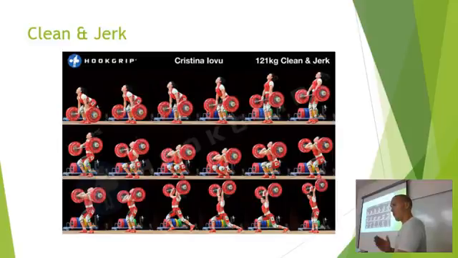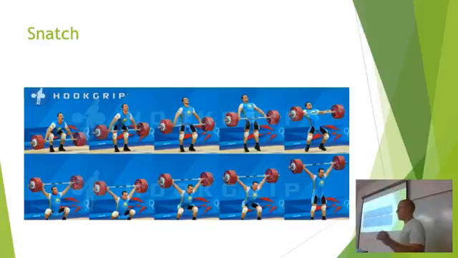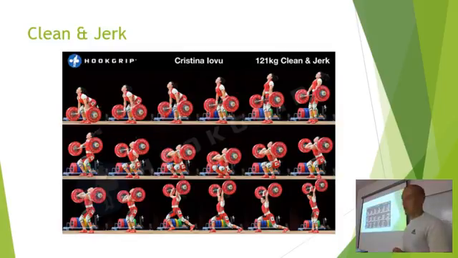The weight starts on the floor, just like the snatch. You can't really tell it here, but her hands are actually significantly closer. And the weight's going to start at the floor and move up the leg toward the thigh. It doesn't get as high as the snatch. Notice the snatch, you're going to generally get right around the hip level, right at the hip flexor. The clean and jerk never really gets to that point whenever you're talking about contact. It's generally a little bit lower on the leg.